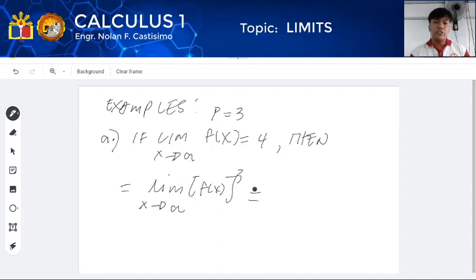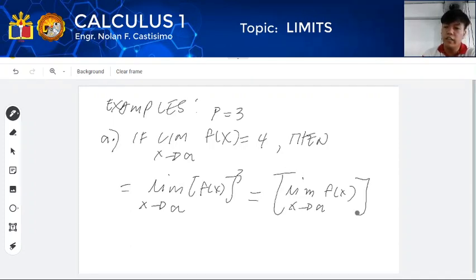equals. So, itong ano dito, nilimit lang natin. Equate natin yung value ng limit natin siya sa 4. So, ganyan. If ganyan, so limit of f of x as x approaches a. Then, i-raise natin siya sa 3. So, ibig sabihin lang yan, ano tong limit natin? 4, di ba? So, 4 raised to 3. So, equivalent lang yan sa 4 times 4 times 4. Equivalent to,